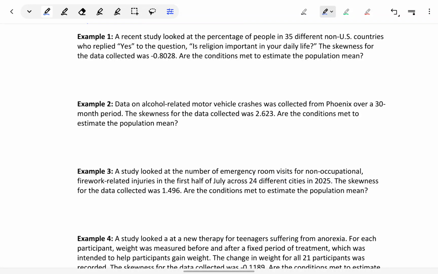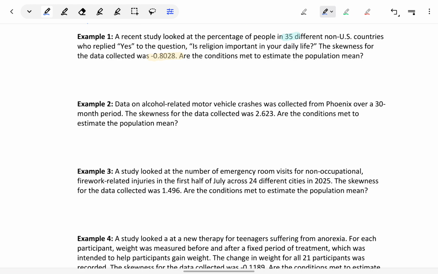So in example 1, a recent study looked at the percentage of people in 35 different non-US countries who replied yes to the question, is religion important in your daily life? The skewness for the data collected was negative 0.8028, and the question here is simply, are the conditions met to estimate the population mean? We're given a value for skewness, but in this case, we don't even need to consider it